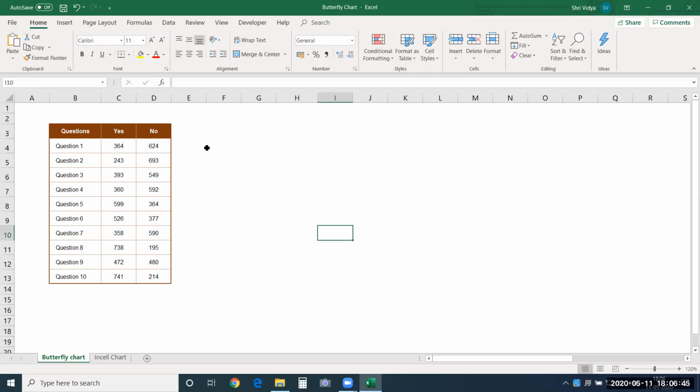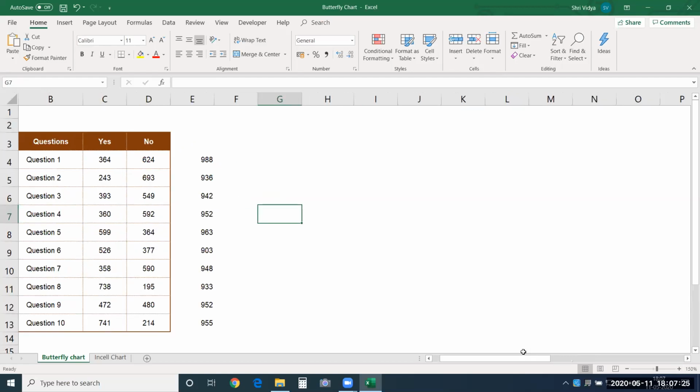For that you need to tweak your data a little. You have to keep it in a particular format in order to get such charts. First of all, let's see how many of them have answered each question. I'll apply sum on each question by adding yes and no values. I'll get to know how many answered question 1 and all the questions. You can see they are not the same. So not everyone has answered all questions, and the number of people answering has changed.